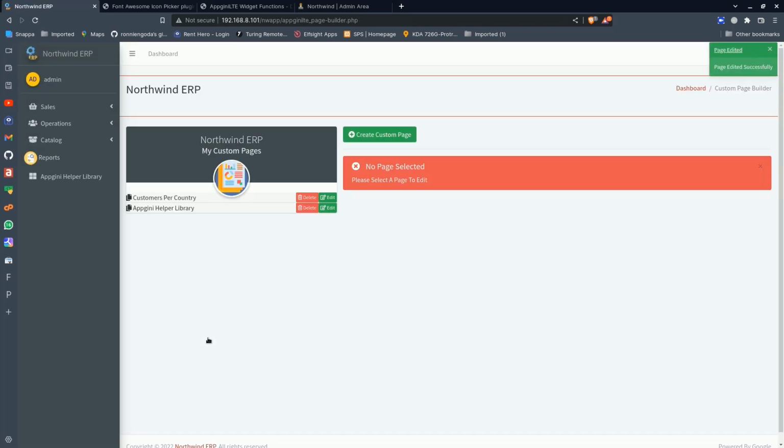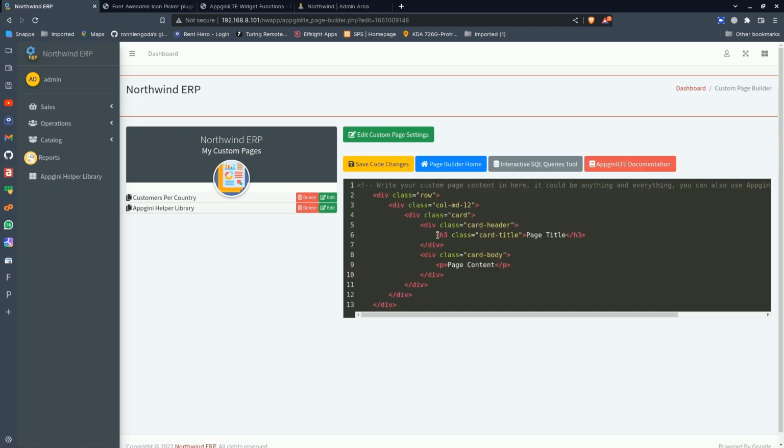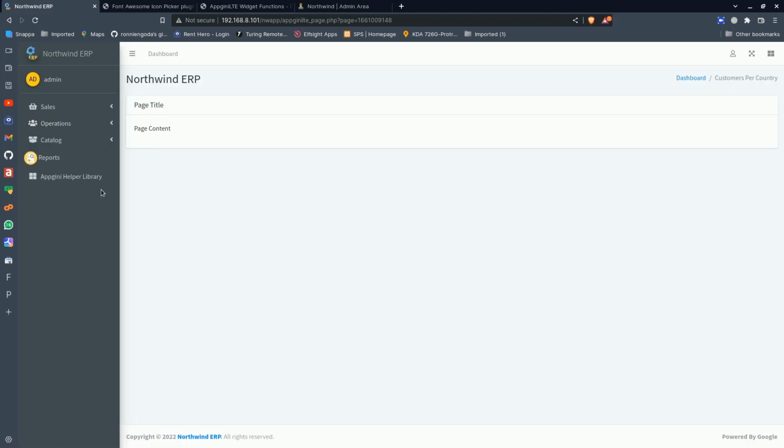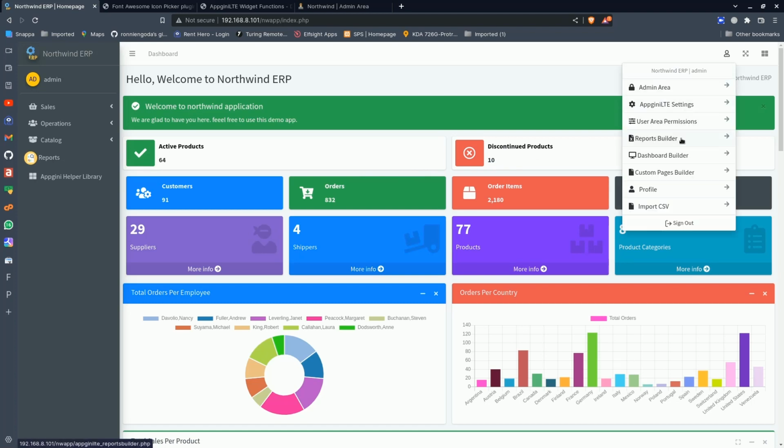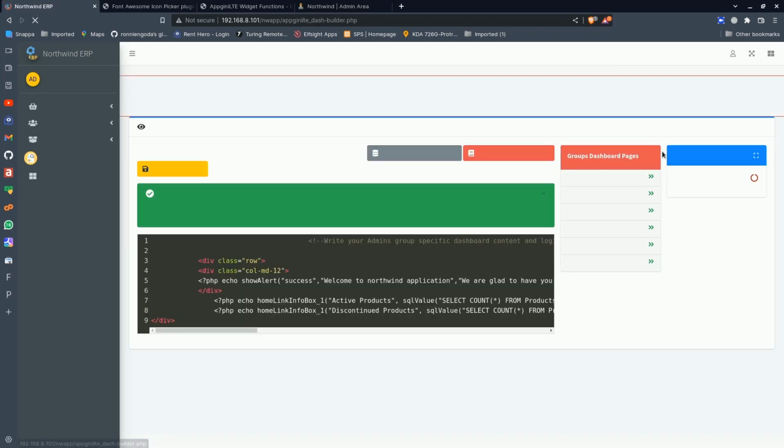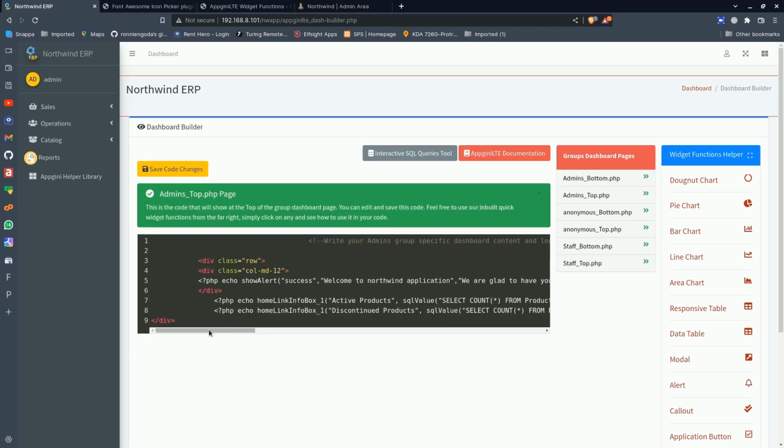So it's that simple. So for example, this one, page title. So you see we have this one here, that customers per country, right? So let's assume we want to create this. We want to take these widgets that we created, we want to put them there. So the creation of those widgets is the same way you used in the dashboard builder, the same way you'll do in the